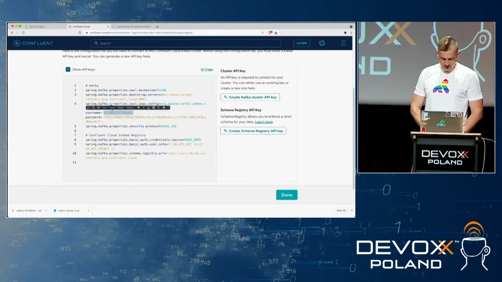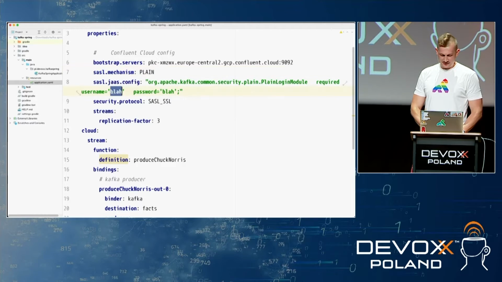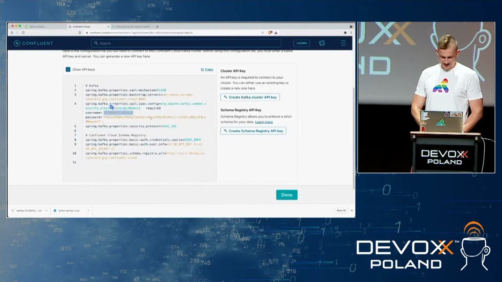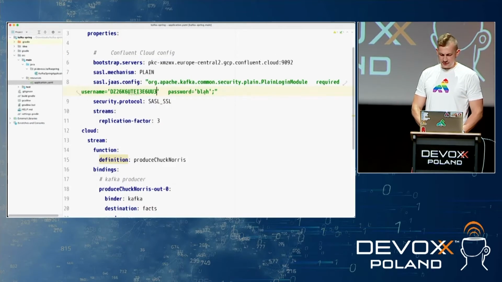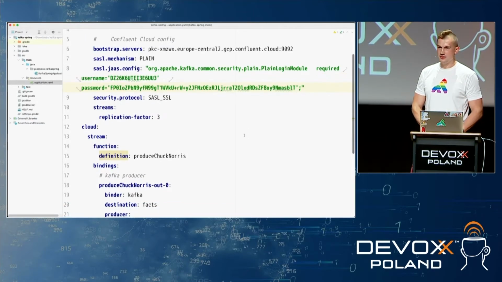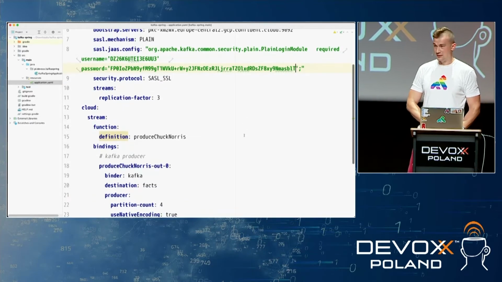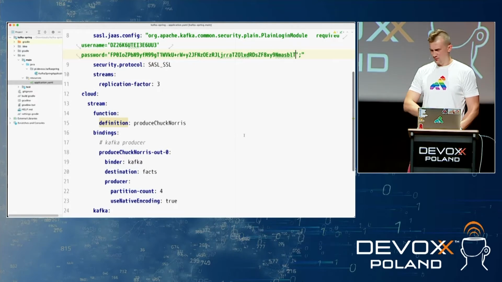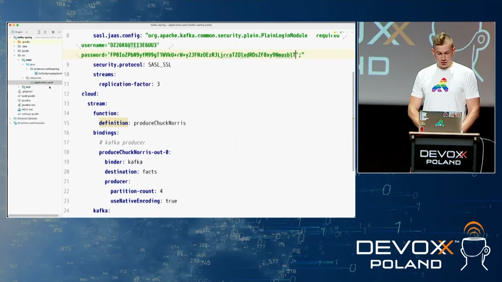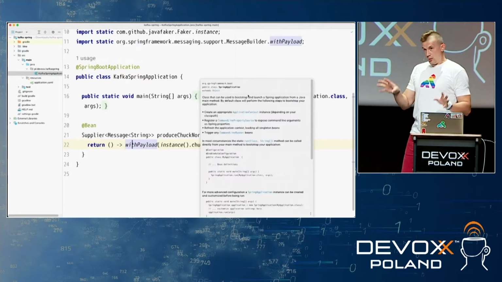And the username, we go in here, and there's the password. So that's pretty much what I need to do. The only reason why I want to use this cloud is because it has a nice UI, and I don't want to bring up another UI. So that's it. So when the application starts,